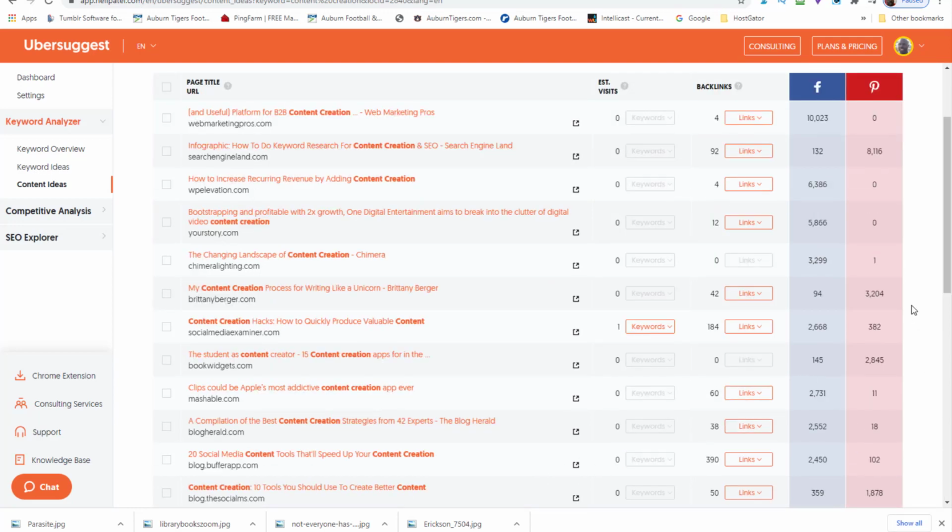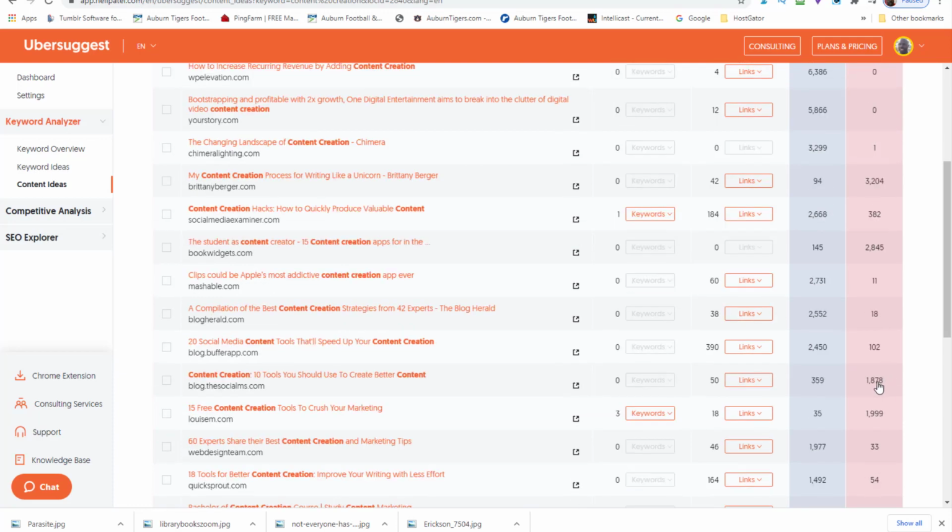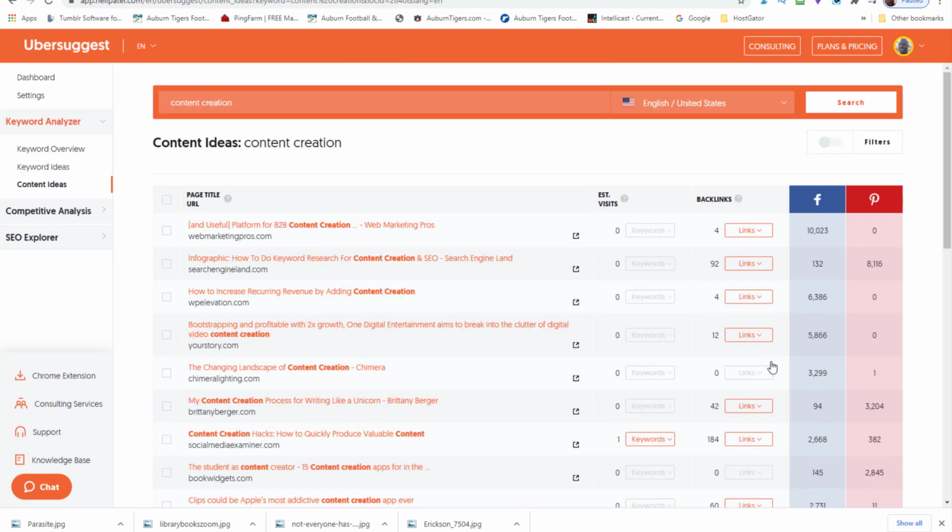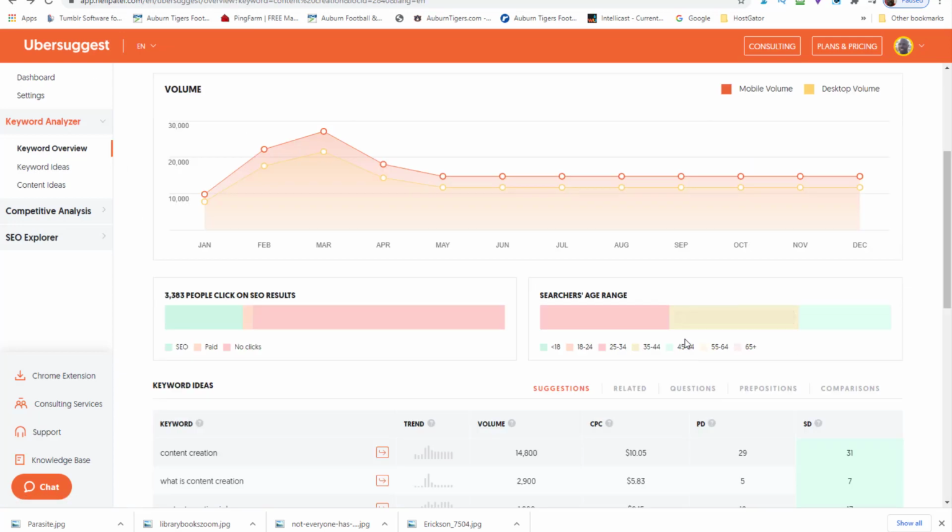So if you plan on marketing with Pinterest, guys, you see certain articles that are there that you could use for this. So you can research, click on the articles and find keywords within the article that you can come in and create on. Like right here, look at it, 15 free content creation tools. Yeah. So you can look at all of that. So what we're going to do, guys, is let's click back here. Let's go back and look at